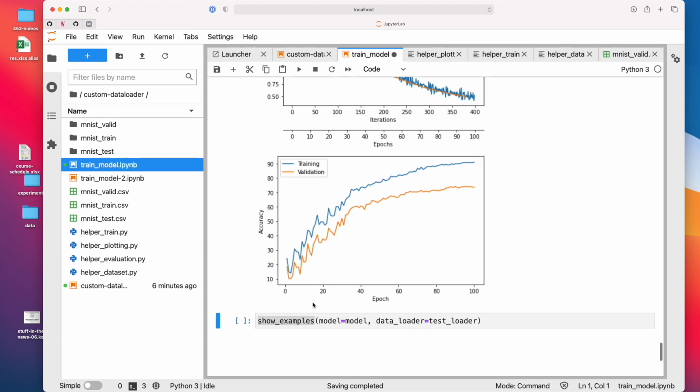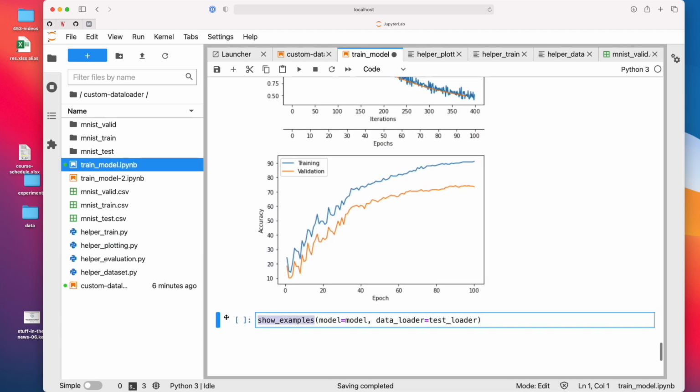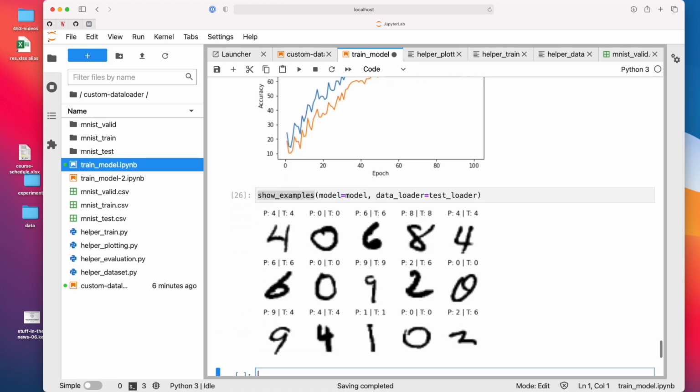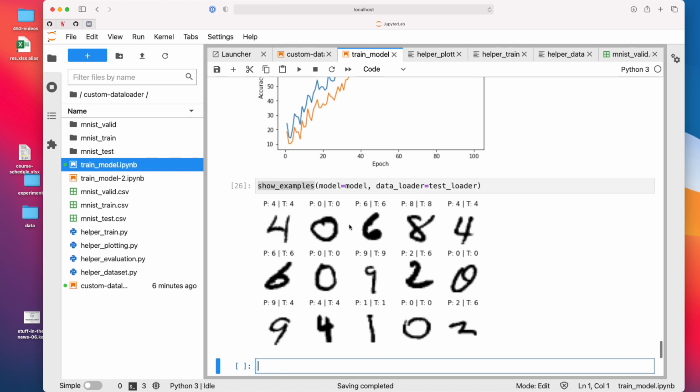All right, so last, there's a show examples function I wrote, so it shows some of the images. You can see P means predicted and T means true label or target label. So these are all correct. But here this is predicted as 2, but the target is 6. I think I made an error here.